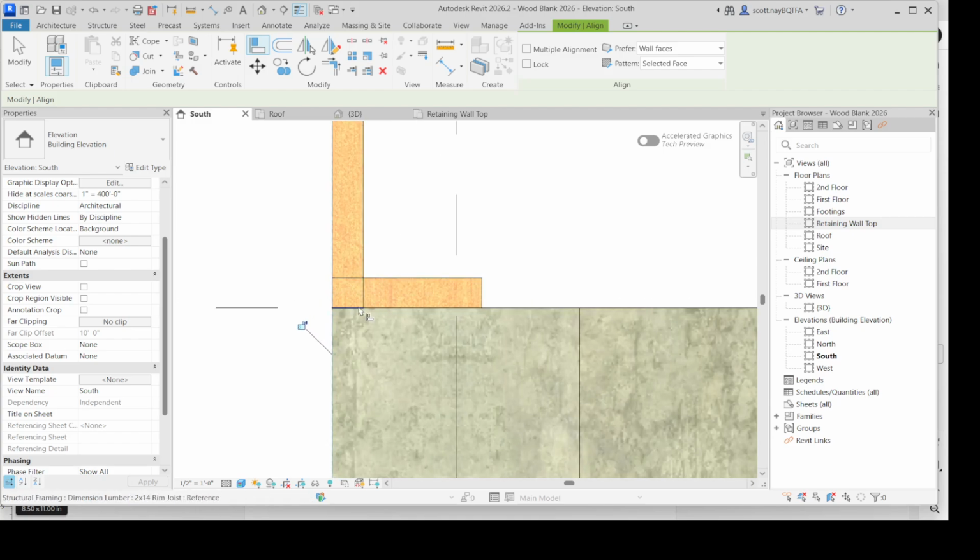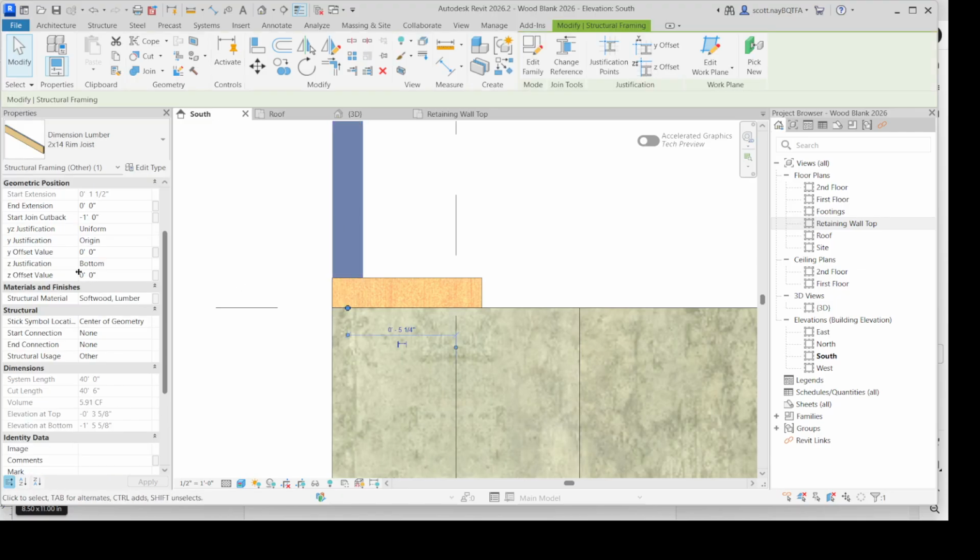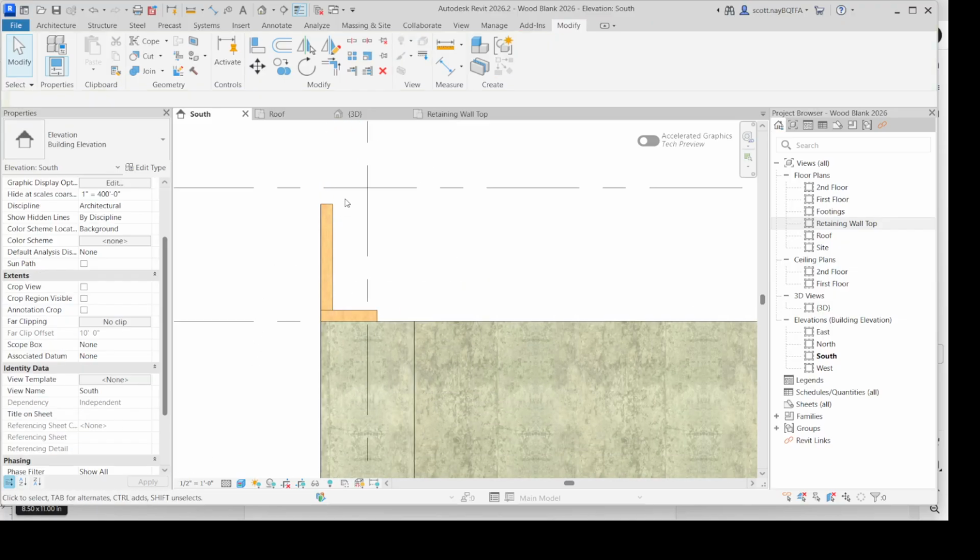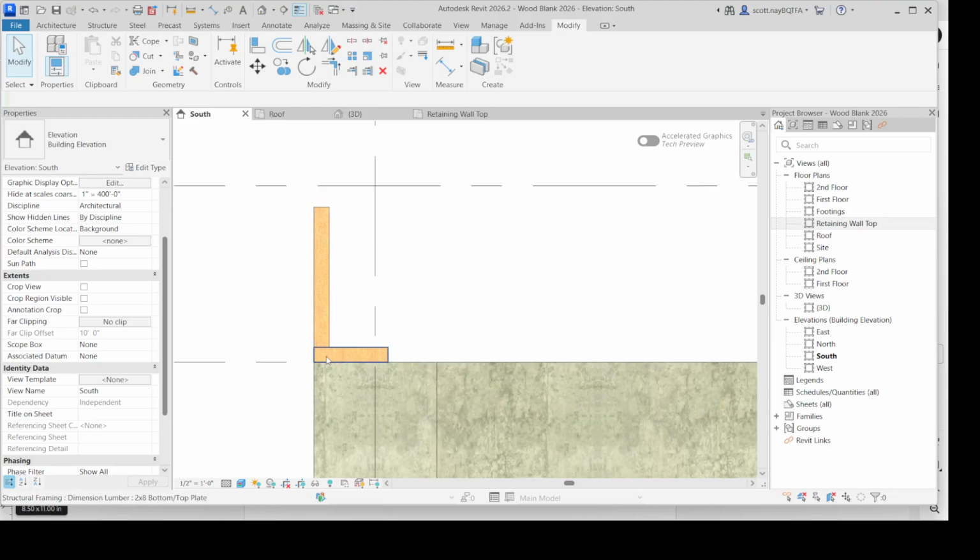Now we've got our thing, but it's still based on our level. So we need that plus this 1.5 inches. So I'm going to highlight it. And now on top of having the bottom justification, I'm going to give a Z offset of 1.5 inches. Now it's sitting on top. Alright, I have a sill plate, I have a rim joist,